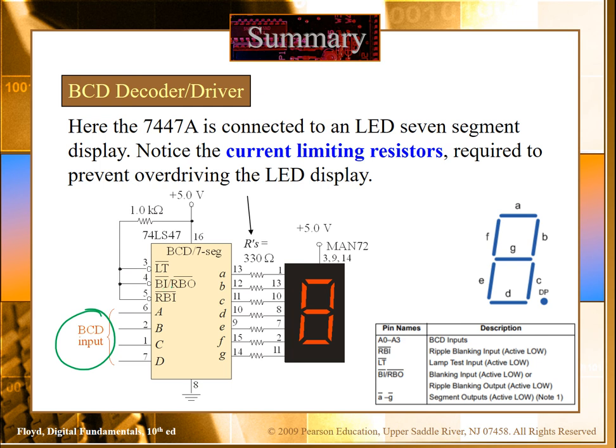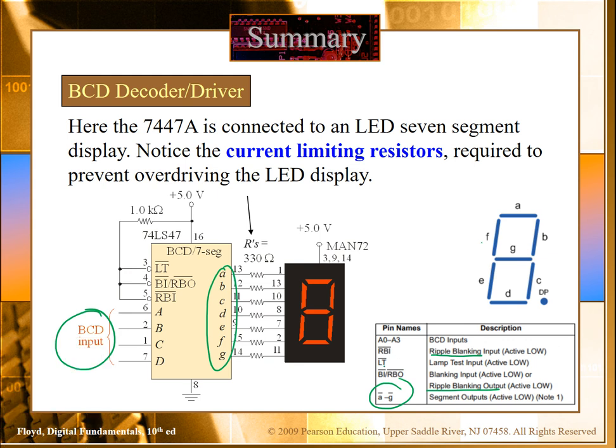BI is the blanking input and RBO is the ripple blanking output. And the A to G pins are the segment outputs that are connected to the different segments. There are different functions of these pins, and I will explain the details during the live session.